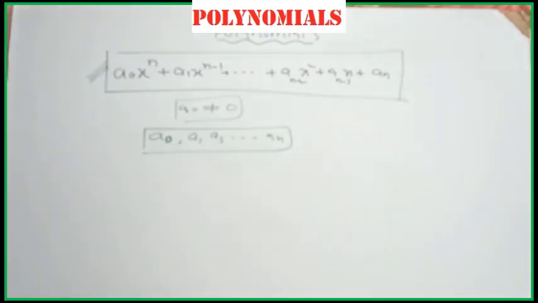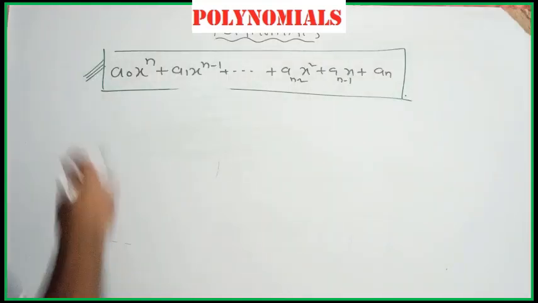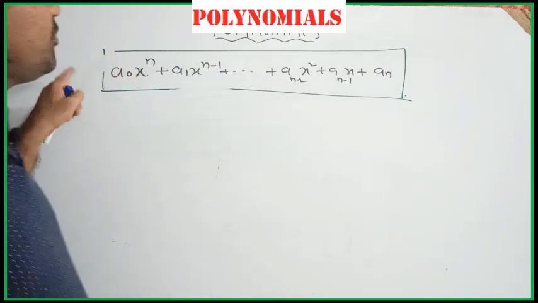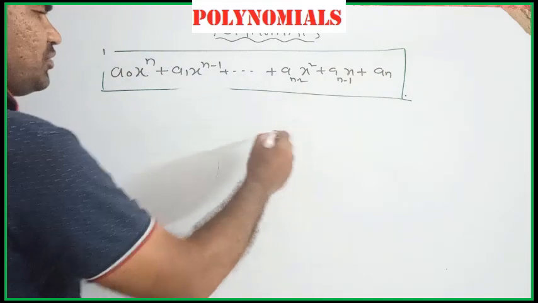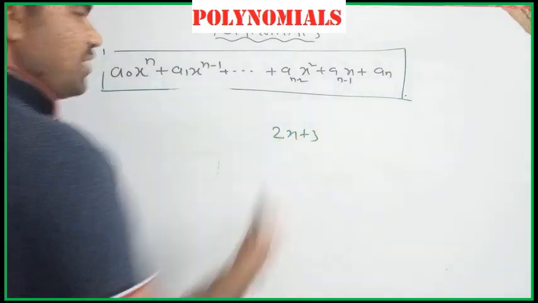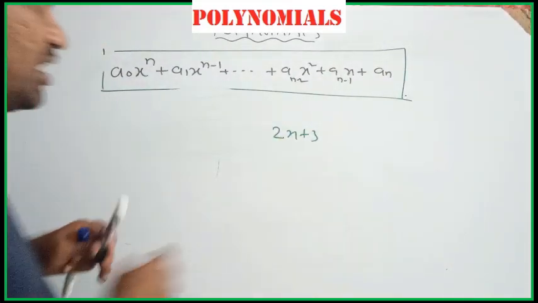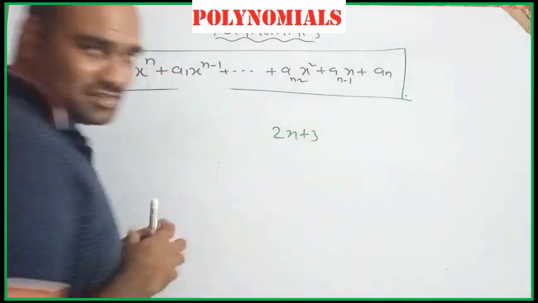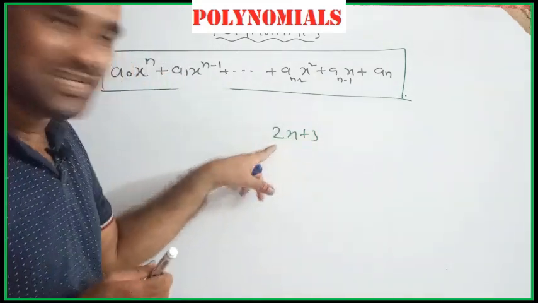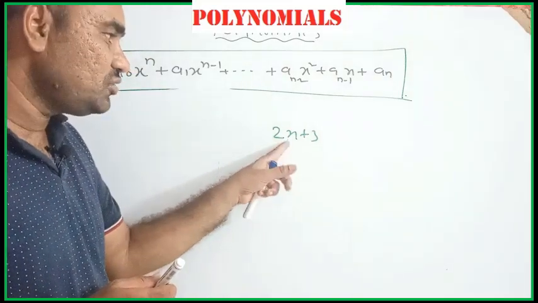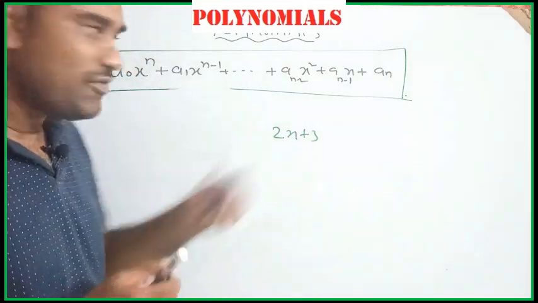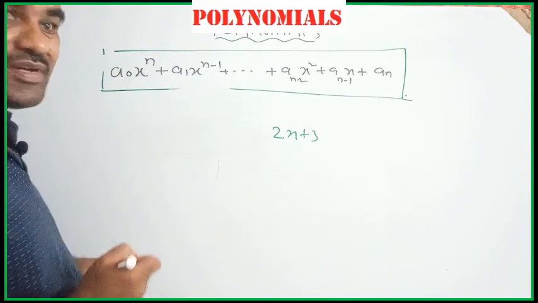Okay. So in this way you can define the standard form of an nth degree polynomial involving one variable. So, important notation. This is a polynomial involving x. For example, 2x plus 3 is a polynomial. This polynomial's value depends upon x. If x changes, the value will change. If x is 1, the expression value is 5. If x is 2, the expression value is 7.